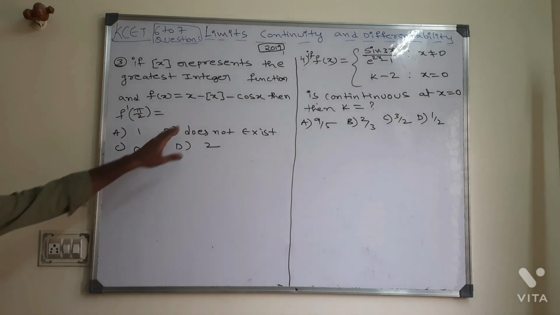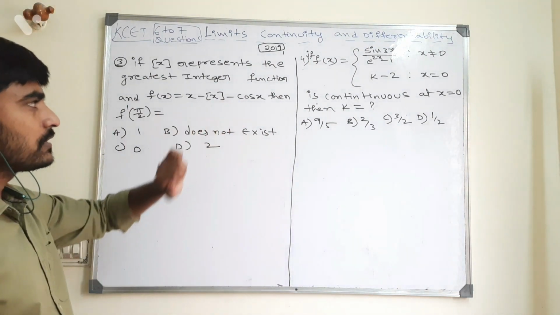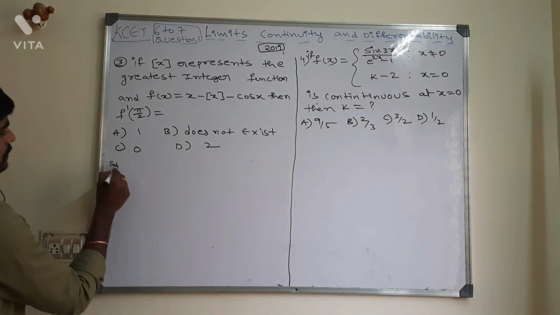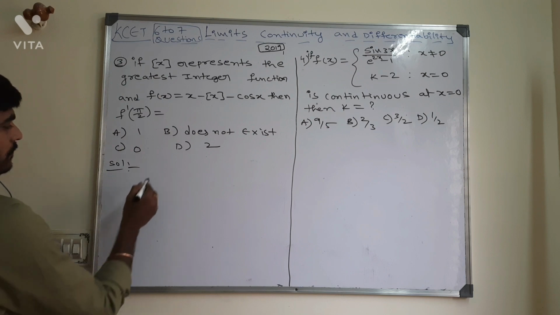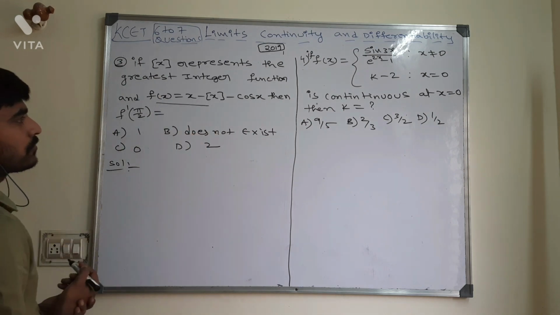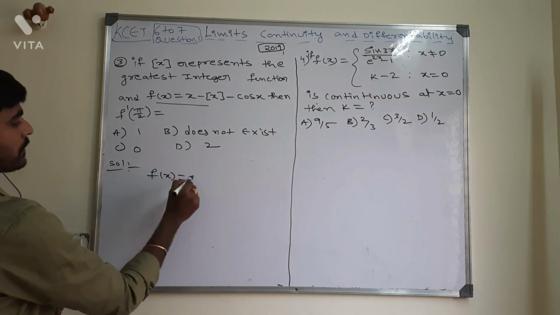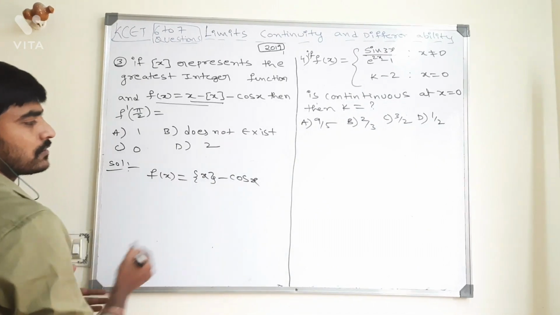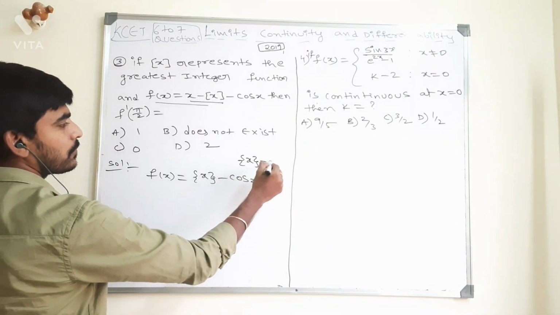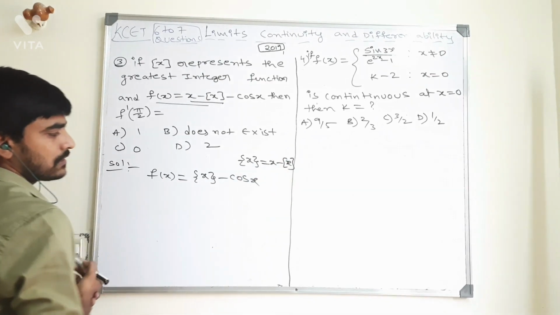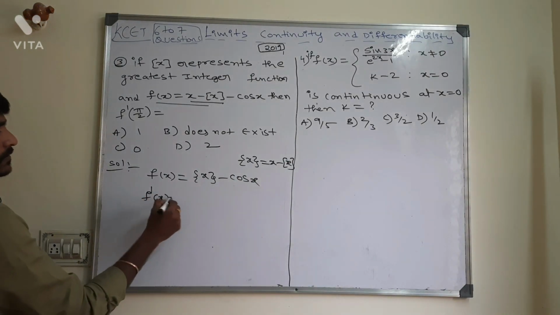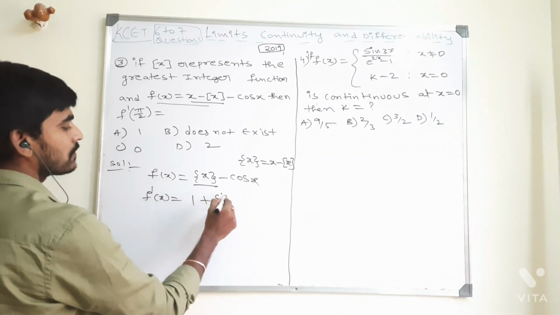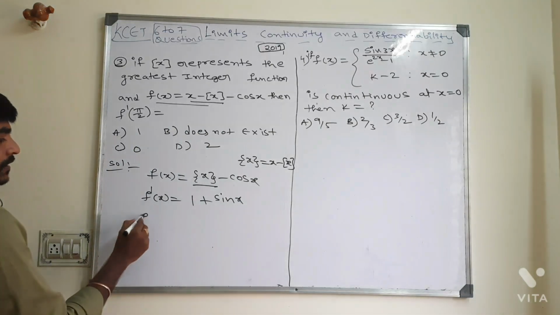So we will see this question. Maybe some people are feeling it is a little tough, but it is so easy. 2019, third question I am going to do. Solution now. This is f of x. I want to do this differentiation, so let me write this properly. This is nothing but fractional part of x minus cos x. I hope everyone knows the definition of fractional part. Now I would like to do the differentiation. Derivative of this is 1, cos x derivative is minus sin x, minus of minus is plus sin x.